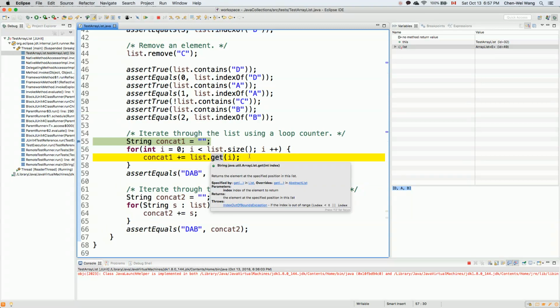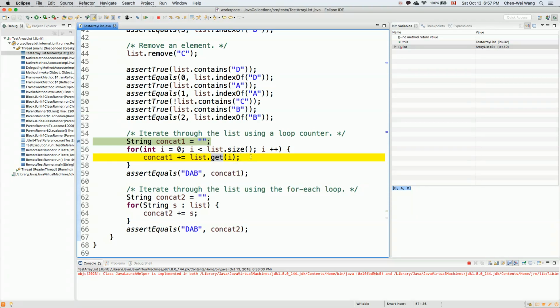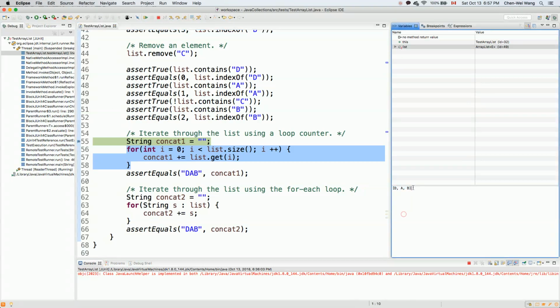get. Get is pretty much like the square brackets notation in the array. Okay, just indexing into the array list. So we can say get the element in the array list at position i. So this is basically what we are used to for the primitive array notation. This one shouldn't be too surprising to you. And after this, we should get exactly DAB,